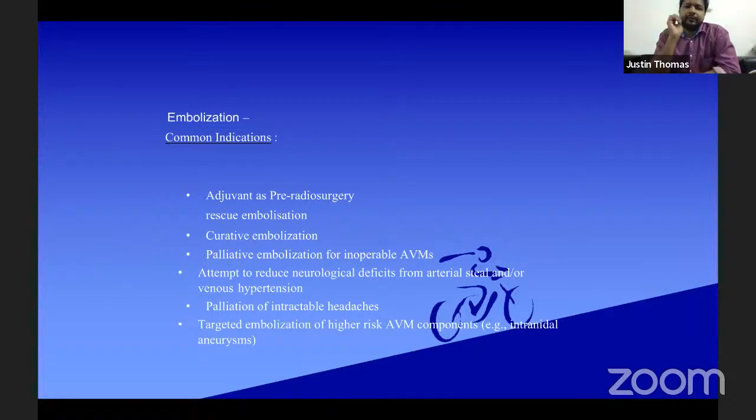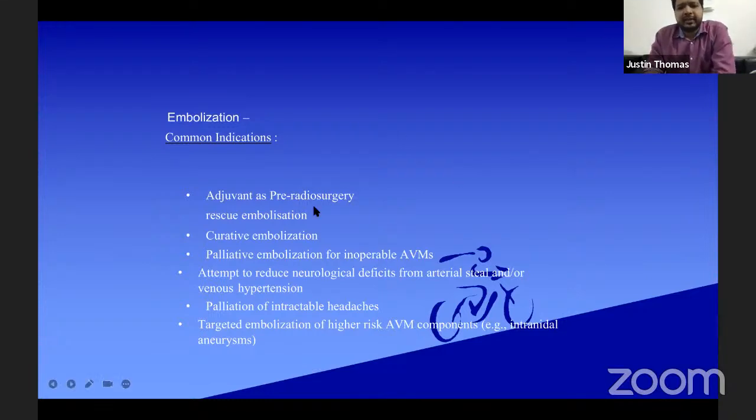Coming to embolization, AVM embolization briefly. All AVMs are not embolized. The curative success rate of embolization is around 30 to 50% in smaller AVMs, and it has only a very small role in larger AVMs. AVM embolization is done as a